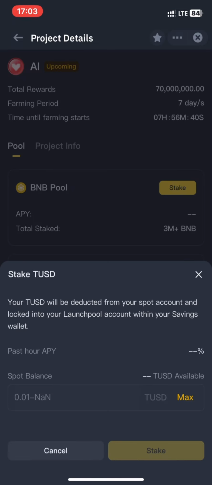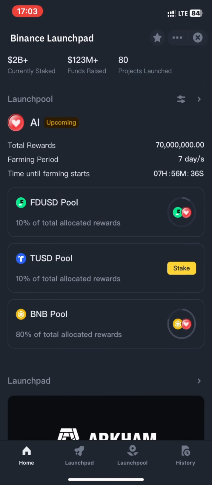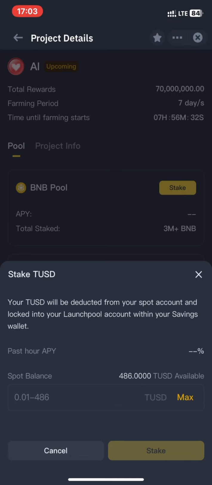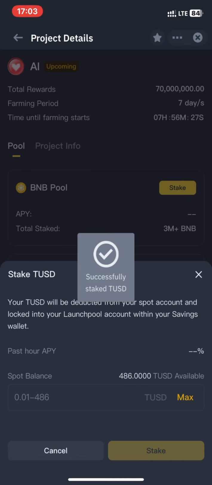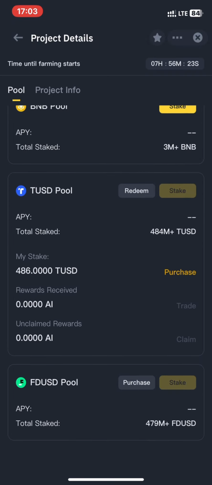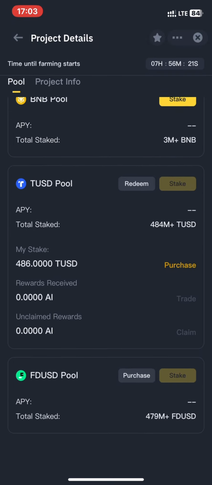and stake your token, because I want to farm this token on Binance Launchpool. And right here I'm going to restake this token, press max and stake again. You see successful staked, and the money is going to appear right here again, and you find this option is